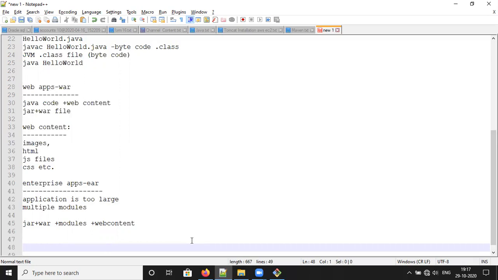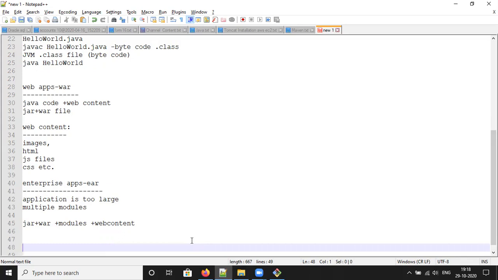Even while downloading, there are some variants available, either a zip file or a tar file, along with binary or source. The zip and binary tar file are the same. If it is a Windows machine, you can download the zip version. If it is a Mac or Linux, you can download the tar file.